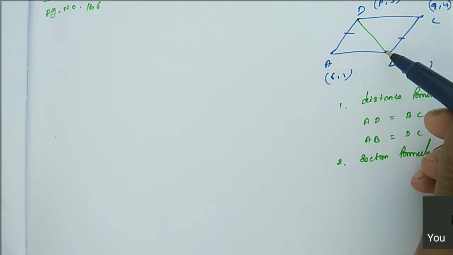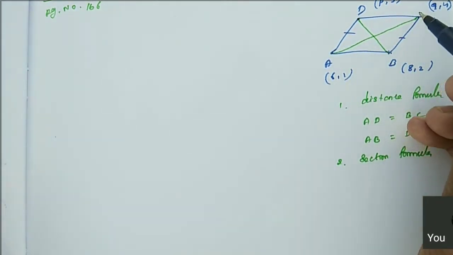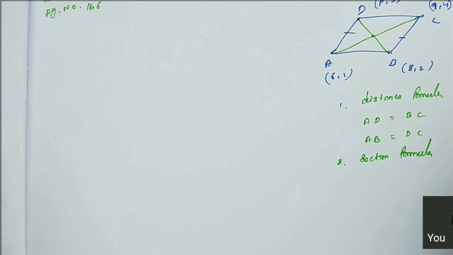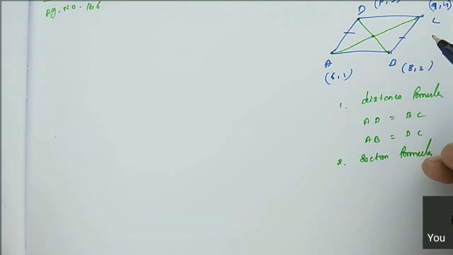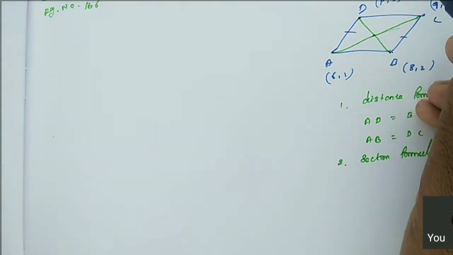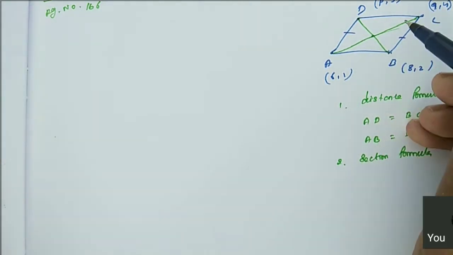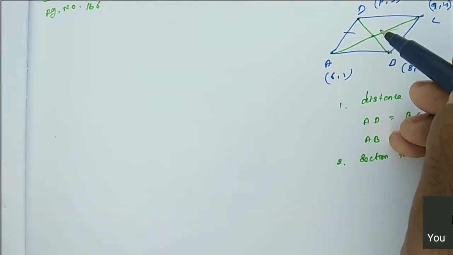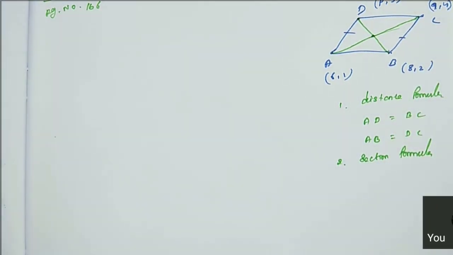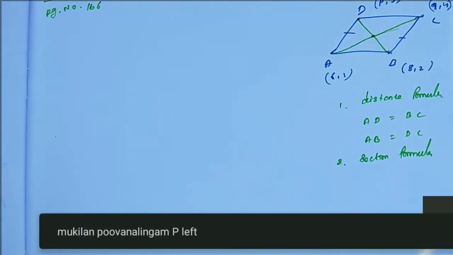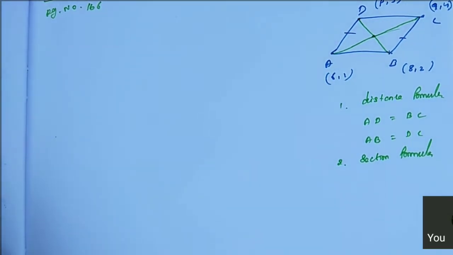The diagonals of a parallelogram intersect each other, and they are dividing each other into two equal parts. For example, if the length of AC is 8, it can be 4 and 4. So the point of intersection is the same. Are you clear? Actually, we know that the intersection point of the diagonals is the same.